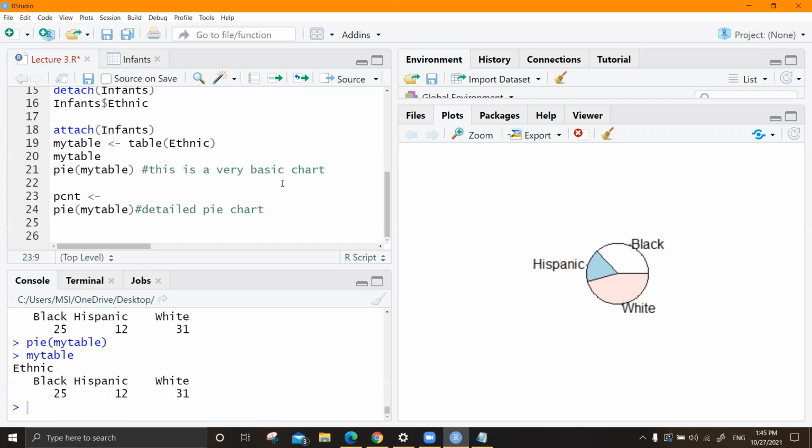Okay. So how am I going to compute the percentages out of this? I'm going to total this thing, right? And I have to get the ratio. So black percentage is what? 25 times 100 divided by the total of this.